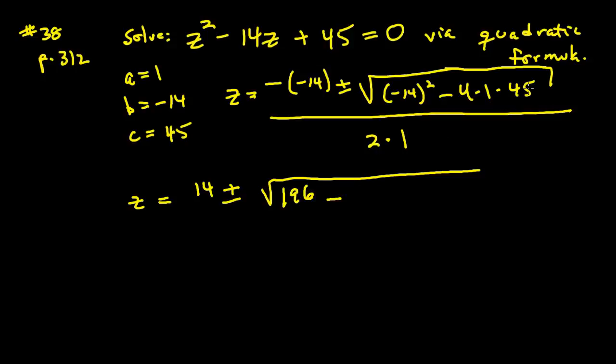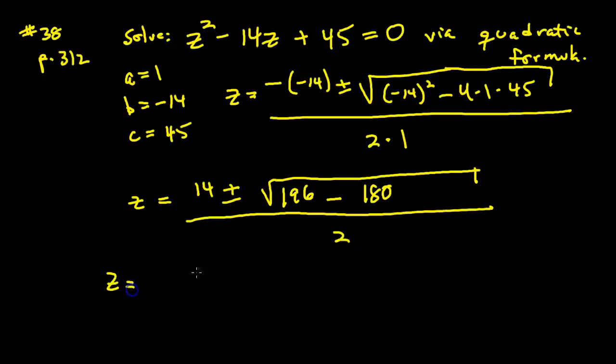What's 4 times 45? Equals 180, divided by 2 times 1 is 2. So I think we see what's happening here. Z equals 14 plus or minus, well, 196 minus 180 under the root sign is 16